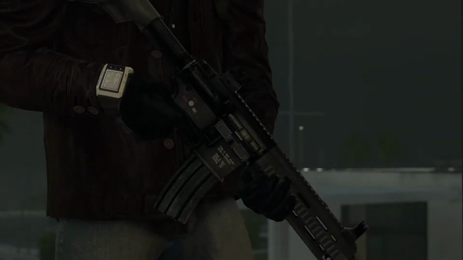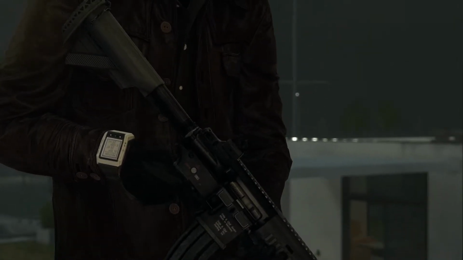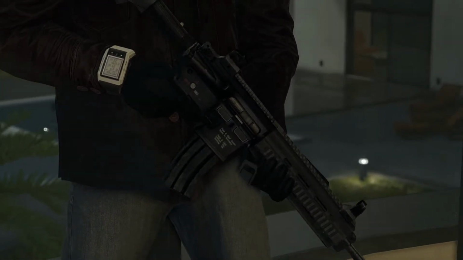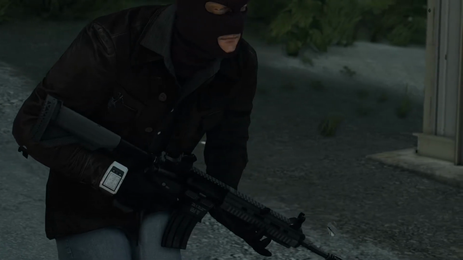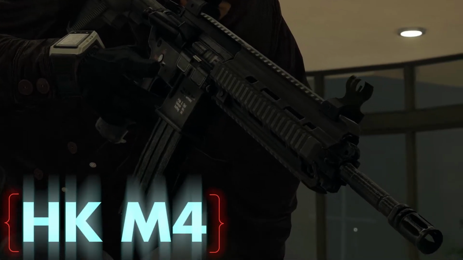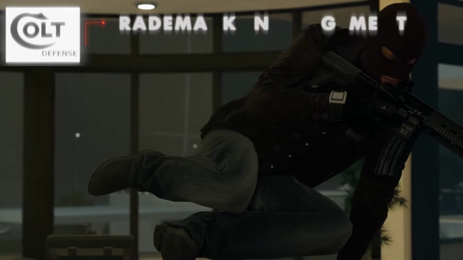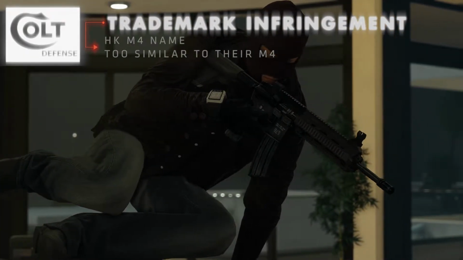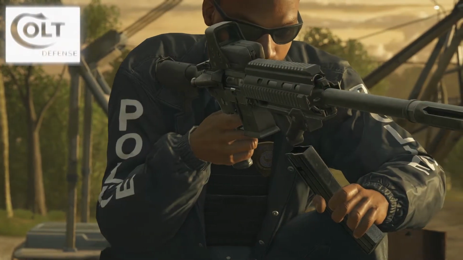Taking notes from the previous success from the G36, their experience in the XM8 rifle project, as well as their assistance in the modernization of the British Armed Forces SA-80 weapons into what is now known as the L-85 platformed weapons, H&K began work on a project they then called the HK-M4. However, this name was changed in response to a trademark infringement filed by Colt Defense. Thus, the name was changed to what we now know this weapon as, the HK-416, or in military use, the